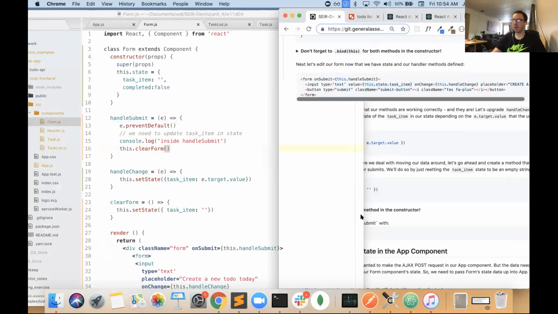Since you're already in a set state or should be in some kind of set state in handle submit, why wouldn't you just do this.state.taskItem as an empty string? Okay. You know what I mean? You could, like,